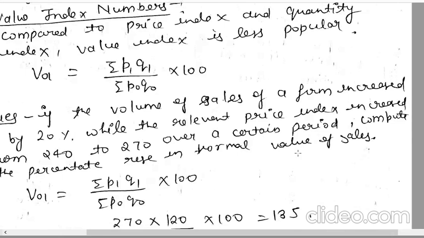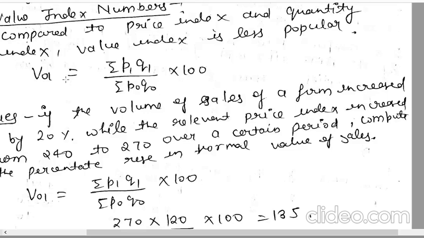Now, the last third point, value index number. Compared to price index and quantity index, value index is less popular, right? V01 is equal to summation P1 Q1 upon summation P naught Q naught into 100. So this is your value index number. Again, V01 means this is your value index number to the